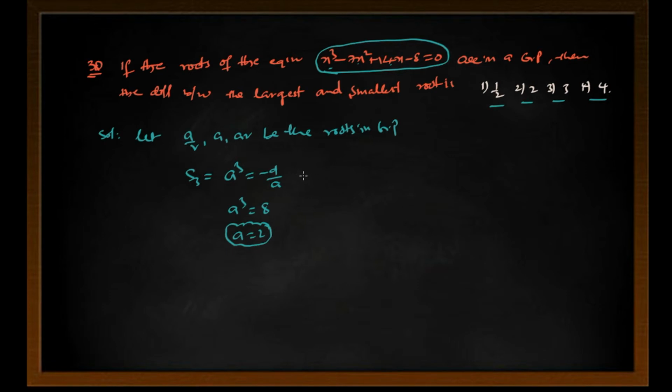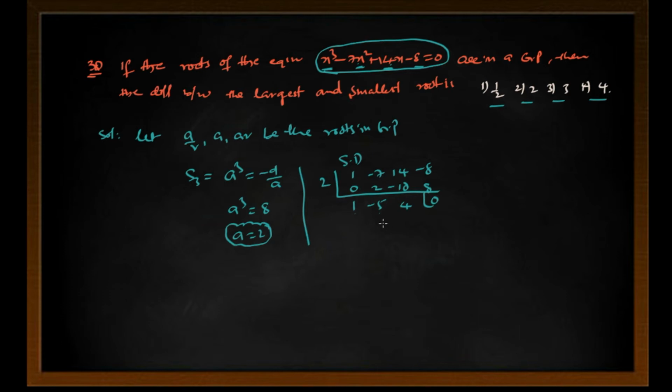Using the formula of S1, we will get the relation between a, r and d, or we can use synthetic division to find the remaining two factors. So we have one root, 2, and divide the given equation by 2. The coefficients of x cube, x square, x and the constant are 1, minus 7, 14, minus 8. First we write 0. 1 plus 0 is 1, 1 twos are 2. This is minus 5, minus 5 twos are minus 10, 14 minus 10 is 4, 4 twos are 8, minus 8 plus 8 is 0.